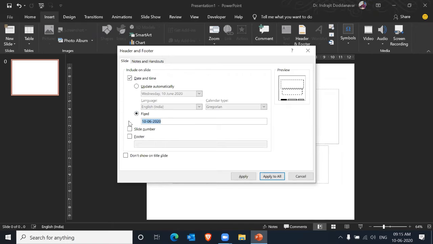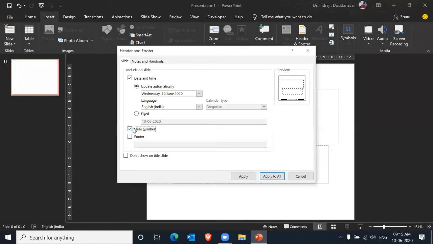Whenever you put a fixed date, whenever you open or present this presentation, the date wouldn't automatically change to the current date. It will remain fixed to the particular date which you have entered here. Okay, and it is suggested that you keep it on automatic.